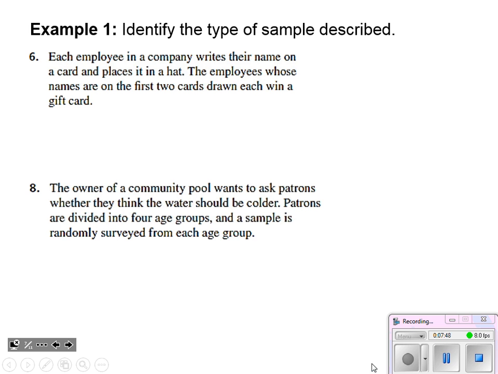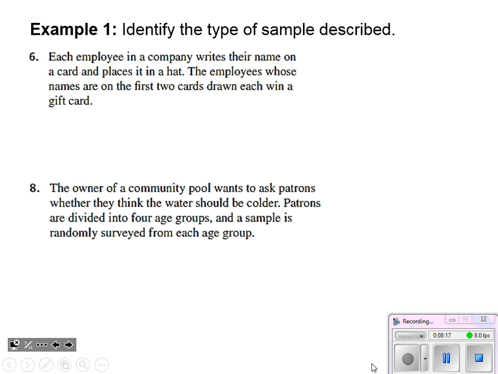All right, so that was a lot of information. I hope you're not feeling overwhelmed. You certainly shouldn't. Those are just all things that we can consider that could have gone into this survey or experiment or observation. So when we look at the data, we want to be able to analyze it a little bit further. That's the purpose of today's lesson. So example 1, identify the type of sample that is described. We can go back in our notes and look at the one with all the pictures of the people there and just decide what type of sampling they are using here.